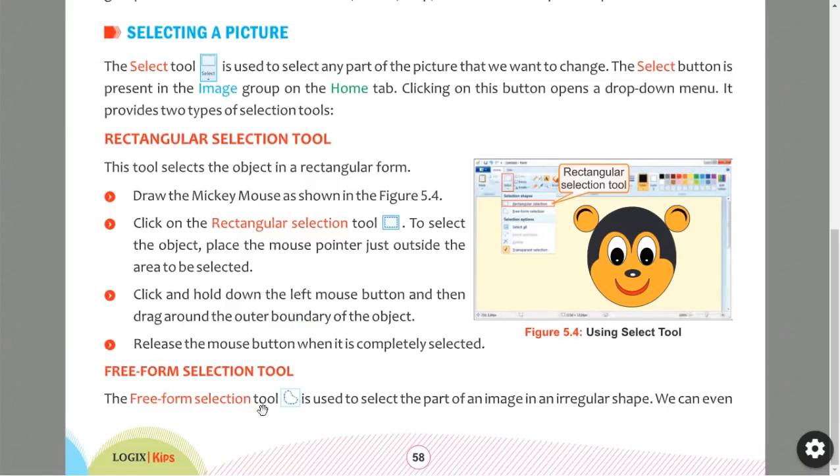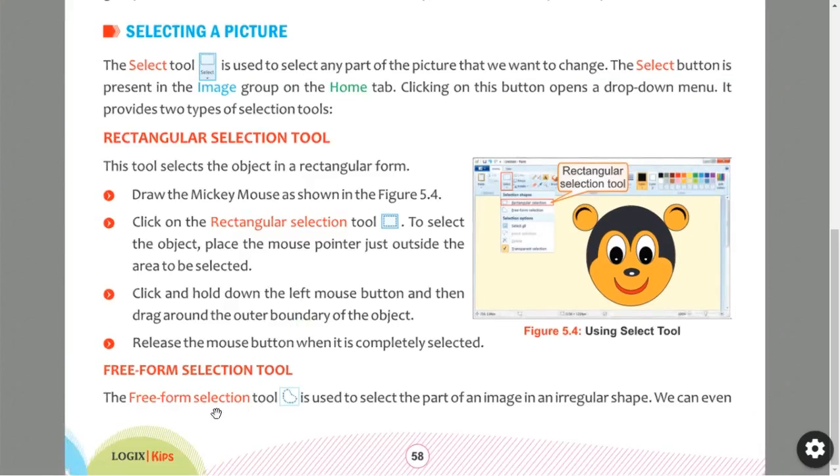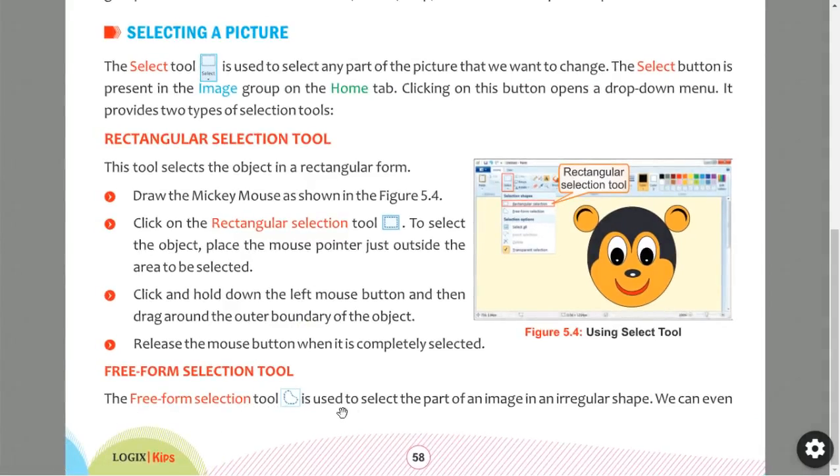So next is freeform selection tool. The freeform selection tool is used to select the part of an image in an irregular shape. Rectangular selection tool selects the object in a rectangular shape, and freeform selection tool is used to select the object in an irregular shape. Irregular shape means there is no proper shape for that object.